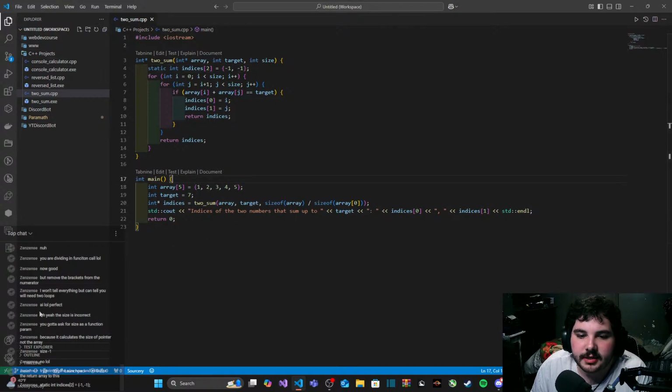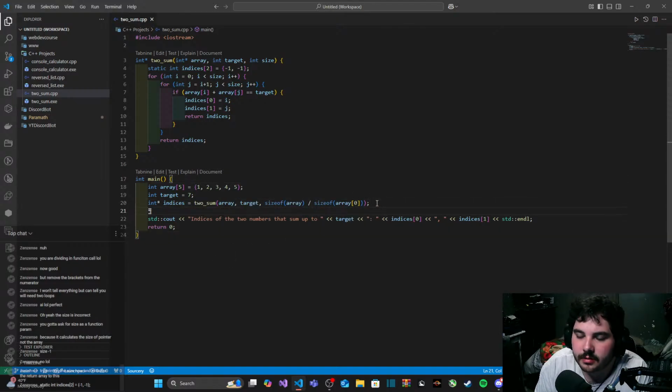Try printing the size now and initialize the return array to this. Oh, whoops.